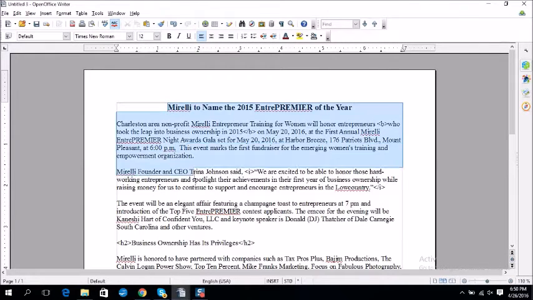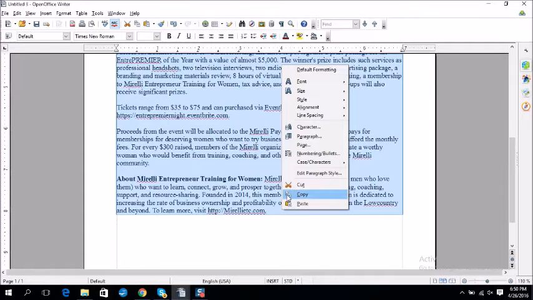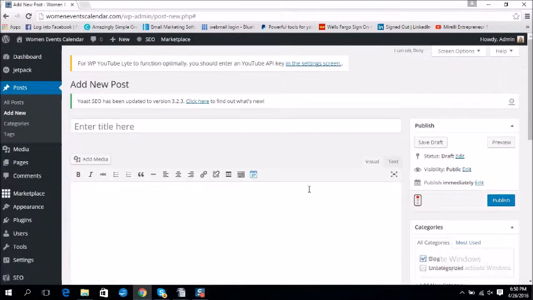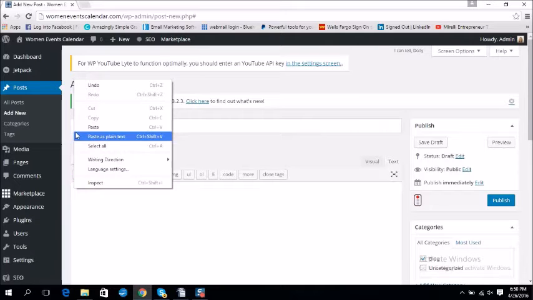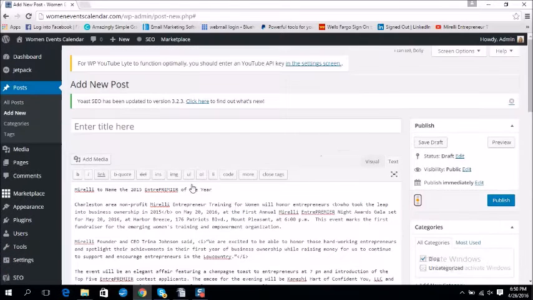But I'm going to pull up the text that I have written here, and like I said, this is based on a press release I wrote, and I've rewritten it somewhat, and it's going to go here. Because I have put in some HTML, which I'll show you in a minute, I'm actually going to paste my blog on the text side. So let me paste it. And let's go up and see. Morelli to name the 2015